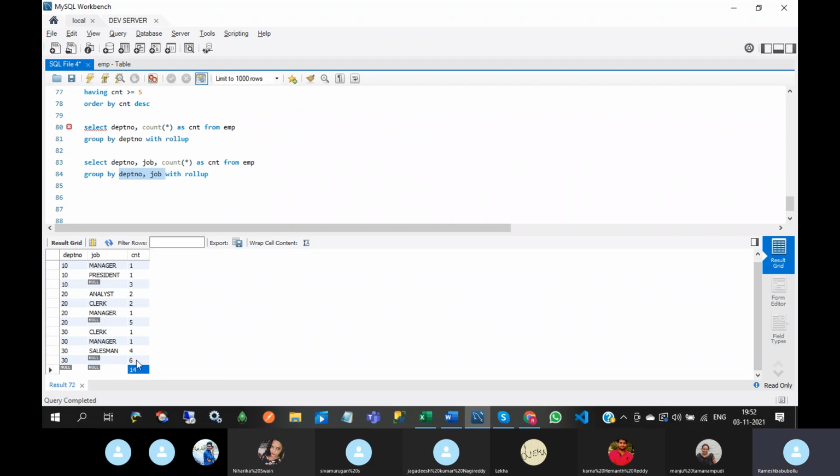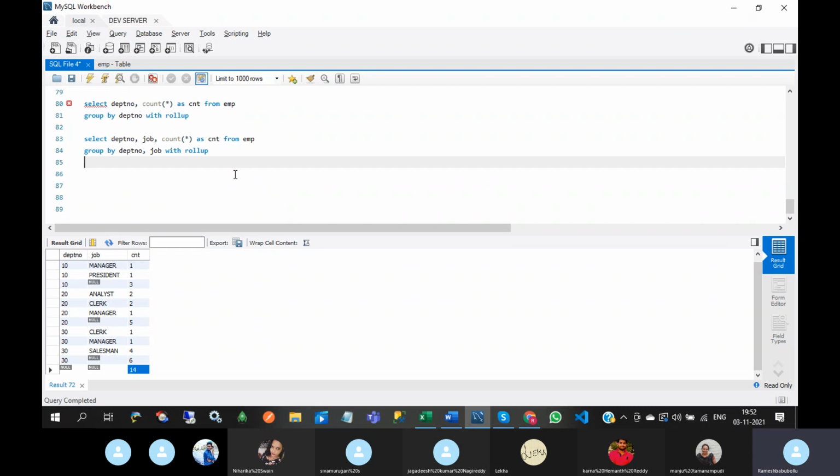Okay, this is the main total, 14. ROLLUP calculates both subtotals and the main total. Here subtotal means job wise count, main total means department wise count. Okay, so this is ROLLUP.